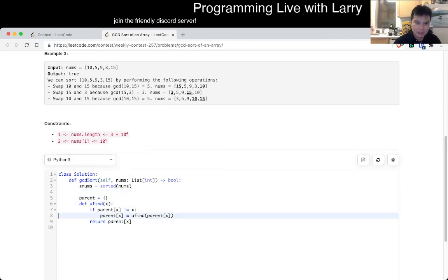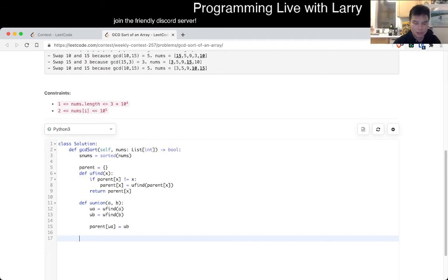It's not even maybe called group. I forget what I use for union find. Let's call it G. And let's call it parent, whatever. I know what that means, and that's good enough for me. ua is equal to find of a, ub is equal to find of b, parent of ua is equal to ub, and then that's pretty much it. So then now